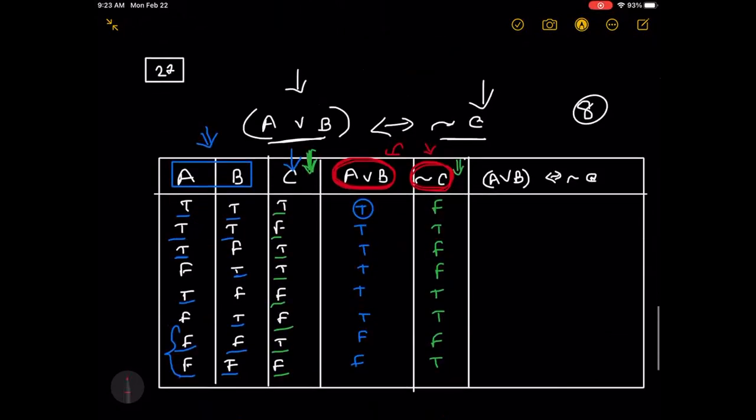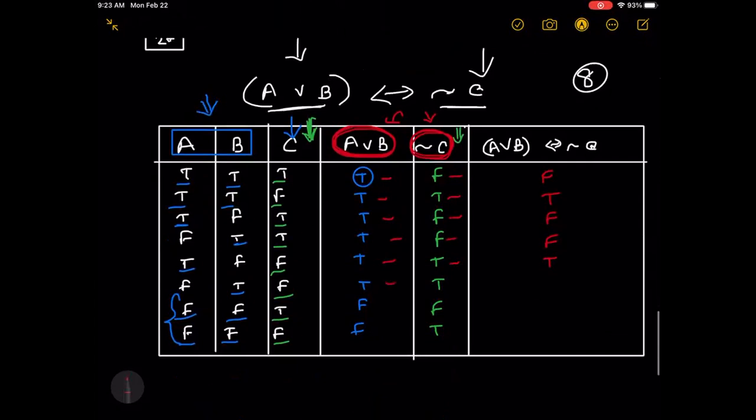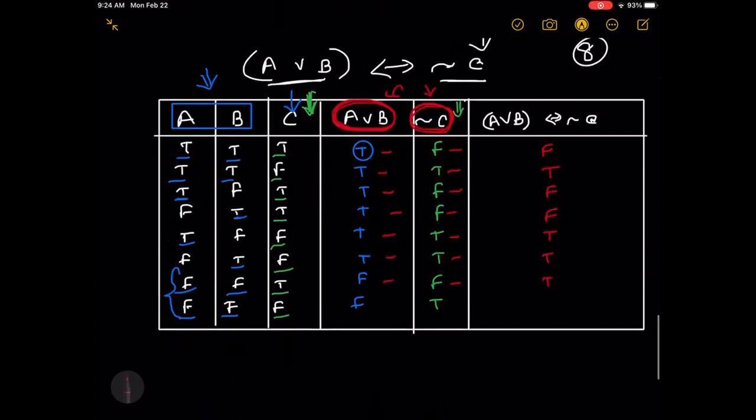Let's see. So we have a T here, we have an F, it's different. We have a T and T, same, different for the next one, different for the next one. Both of those are same. Both of these are same. Both of these are same. This is different. One is F, one is T, so it will be F. So you can see